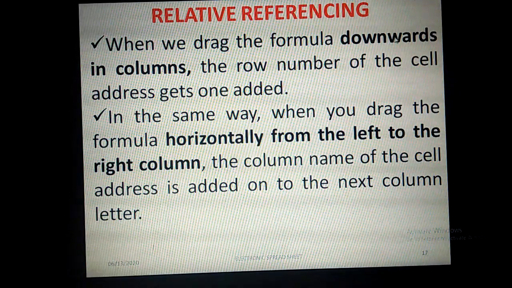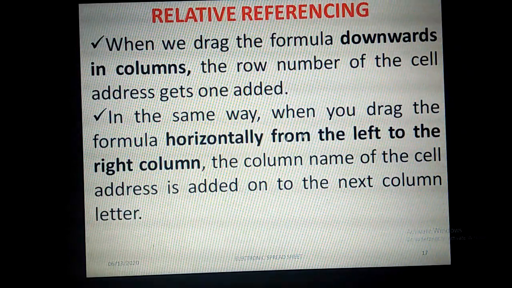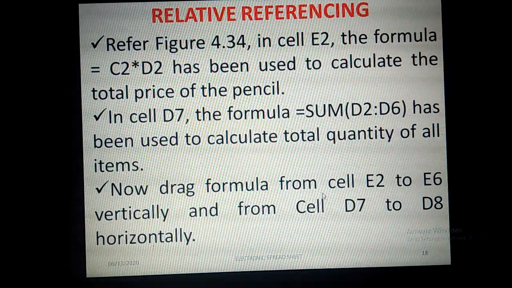So when we drag the formula downwards in columns, the row number of the cell address gets 1 added. In the same way, when you drag the formula horizontally from left to right column, the column name of the cell address is added onto the next column letter. So from D to E it was changed. So in figure 4.34, if you check, in cell E2 the formula C2 star D2 has been used